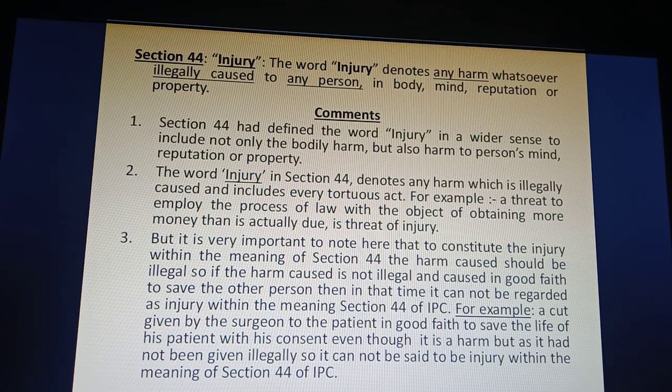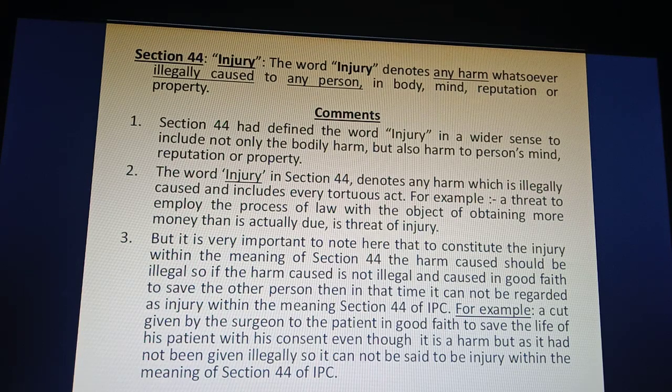So after reading section 44, it is made very clear that section 44 defines the word injury in a very wide sense. According to section 44, injury does not only include bodily harm, but also harm which is made to a person's mind, reputation or property. So the word injury in section 44 denotes any harm which is illegally caused, and it includes every